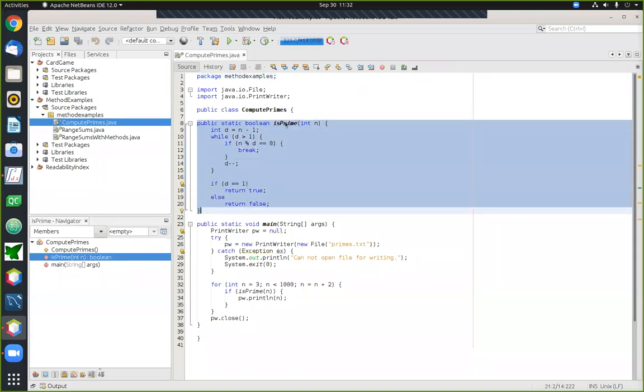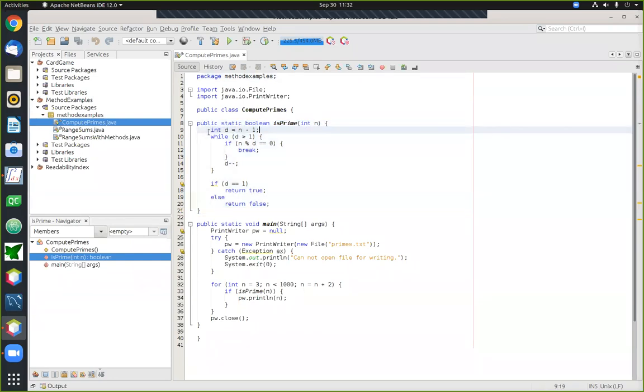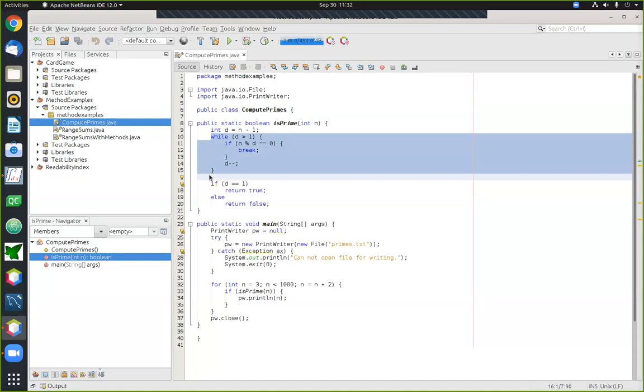It's a method called isPrime, and its purpose is to take a single parameter, which is the number that you'd like to check out, and it's going to return either true or false depending on whether or not that number is a prime. Inside the method, we put all the usual logic for doing this. One way to check whether or not a number is prime is to try all the possible divisors. So you start with the biggest divisor, n minus 1, and you drop into a loop, checking each divisor that comes along. Whenever you come across a divisor that divides evenly into the number, you stop the loop and fall out.